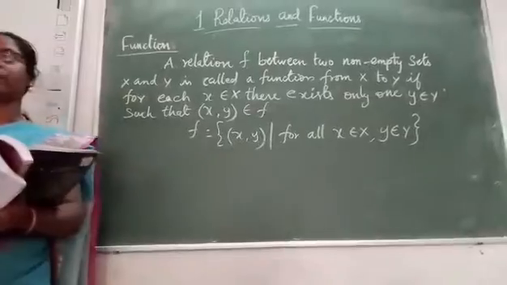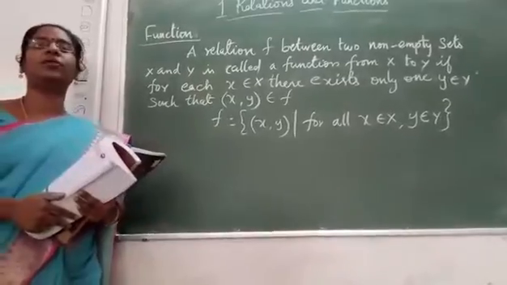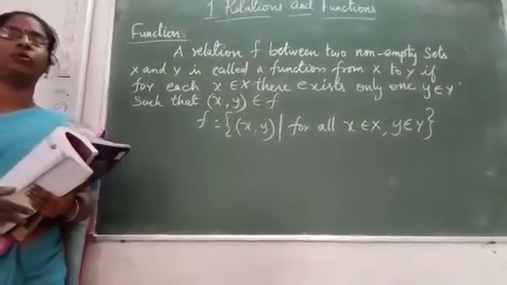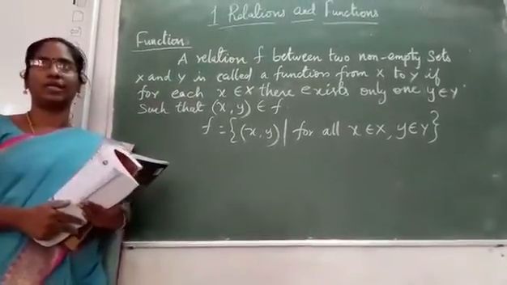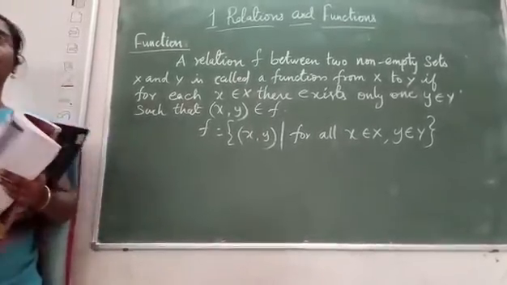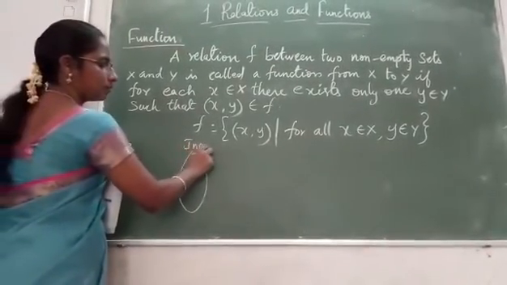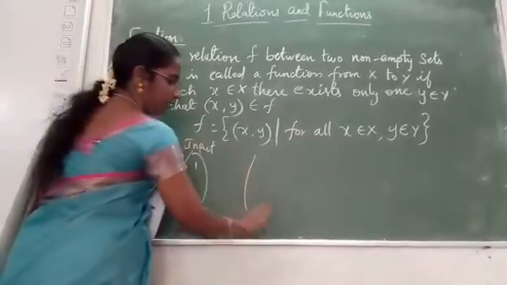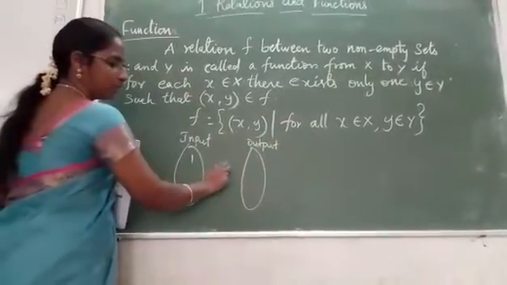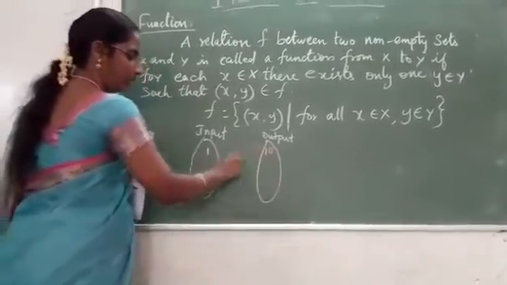For example, if you go to a bookshop to buy a book, there is only one price corresponding to it. It does not have two prices corresponding to it. So that is what we are going to do: the input is related to the output. For example, take an input value as 1 and output. One book costs rupees 10, so 1 into 10, 1 tens are 10.